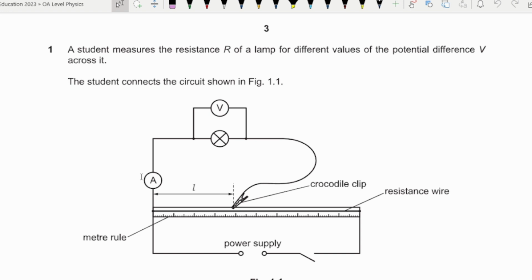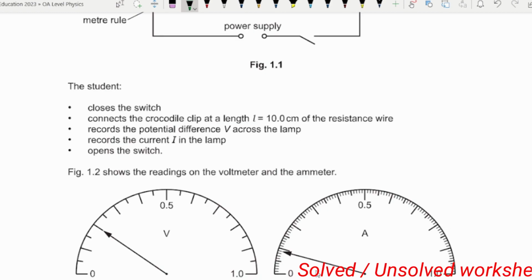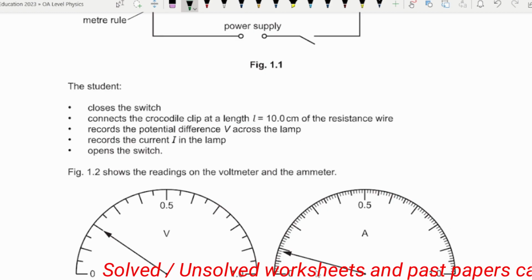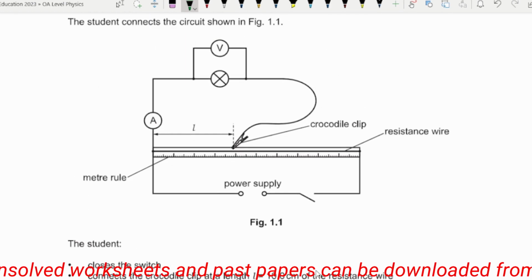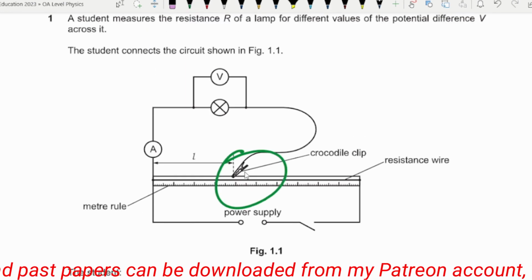Alright, so here we have the first question, that is from the topic of measurements and electricity. A student measures the resistance R of a lamp for different values of the potential difference across it. The student connects the circuit as shown in figure 1.1. The student closes the switch, reconnects the crocodile clip. This one is your crocodile clip